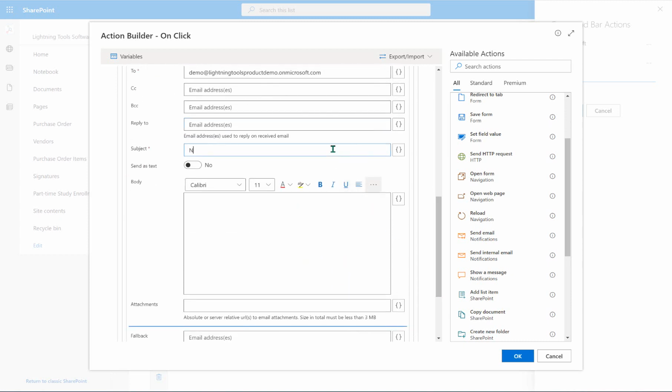So we'll have a new purchase order request. And then inside the body, we could put dear sir, or whatever we want to put, please approve my new purchase order